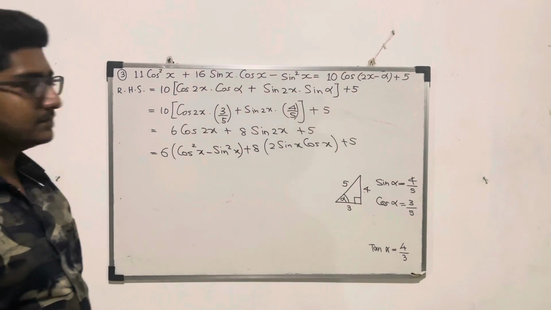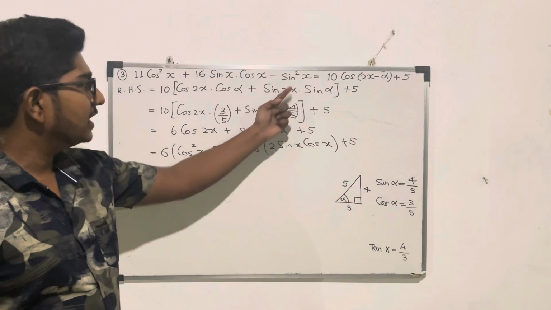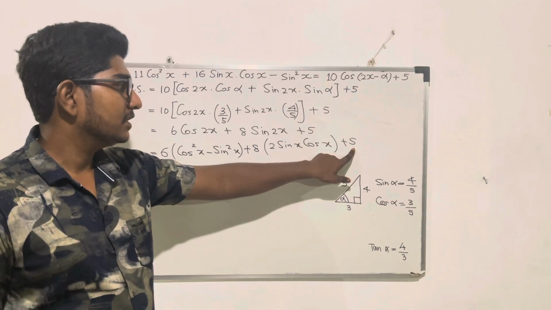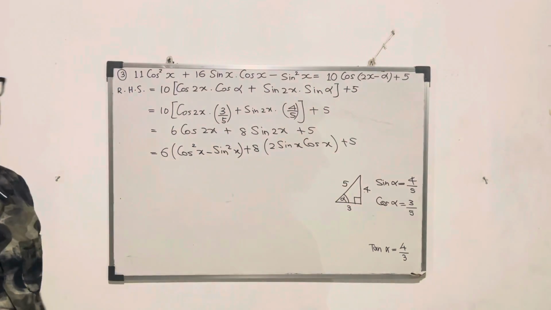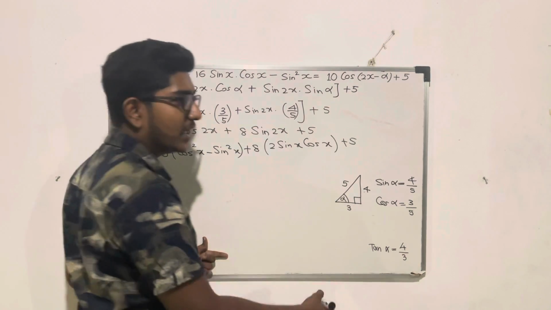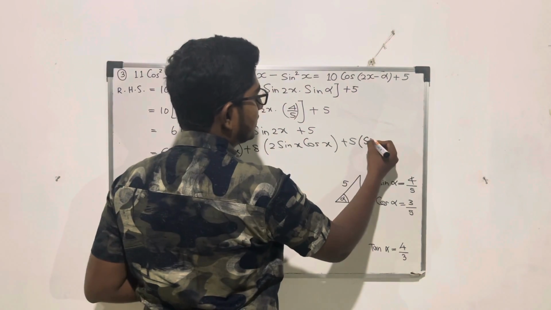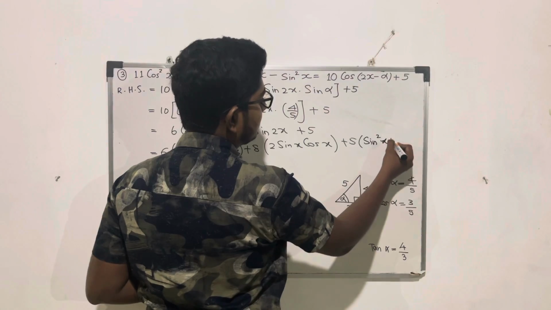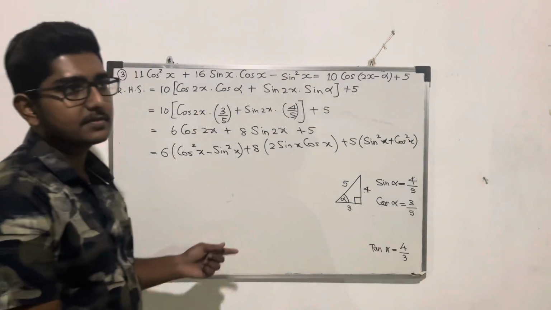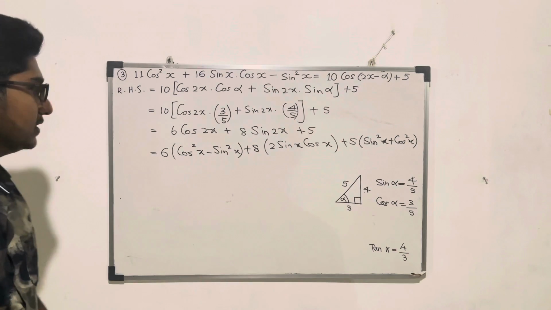And another thing, on the left hand side we don't have a constant. That means we have to convert this 5 to a trigonometric ratio. I can write 5 as 5 into 1. For 1 I can substitute sin squared x plus cos squared x, since sin squared x plus cos squared x is 1. Now